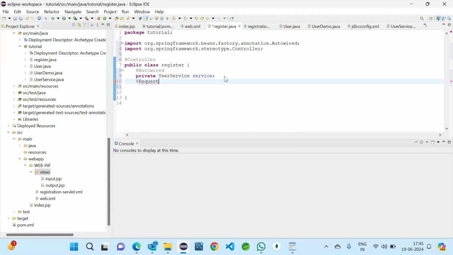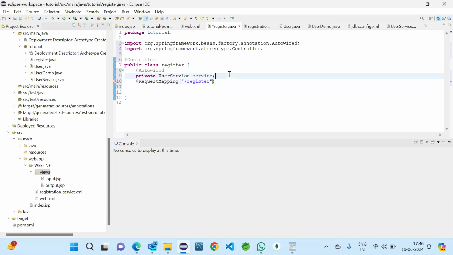So request mapping is the annotation we have. It will take two parameters. One is the path which we want to add after the localhost, so where the registration page should be visible, and another one is method. So there will be like get method, post method. If we are not giving anything, at that time it will be get. So it is our basic registration page, that's why we are not going to take any method in this. We just take the path. So the path I want to take is register.